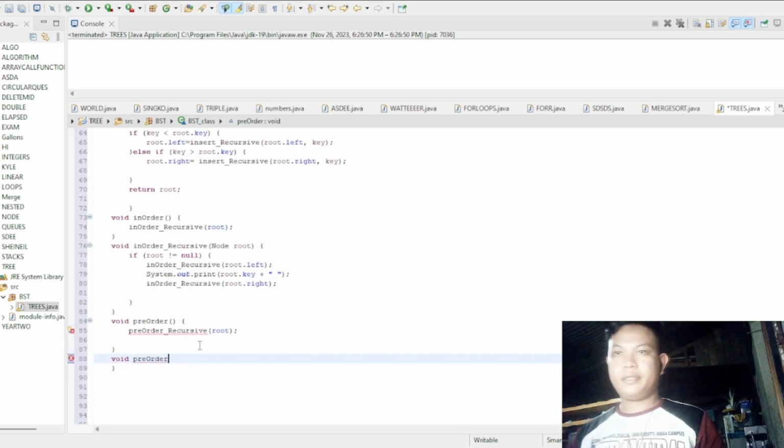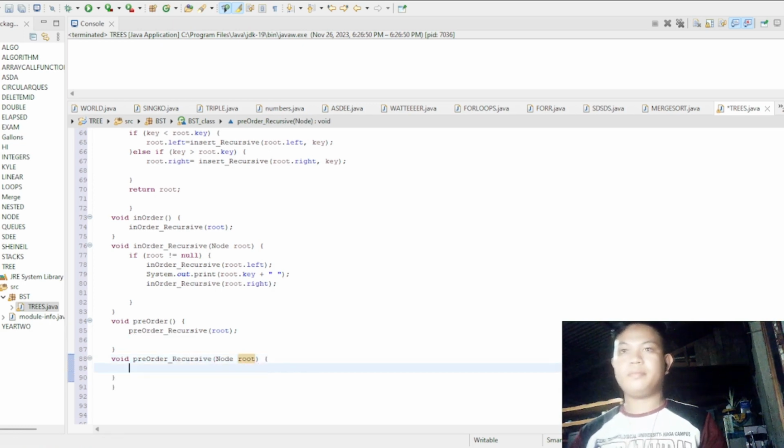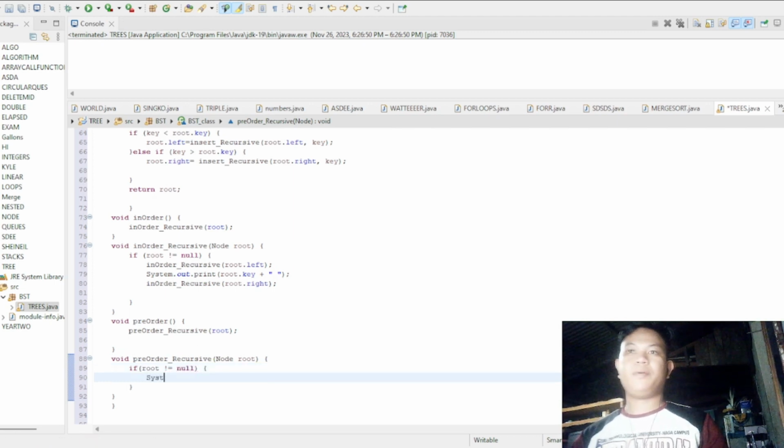Pre-order recursive root is not equals to null. We print out a message, we print the